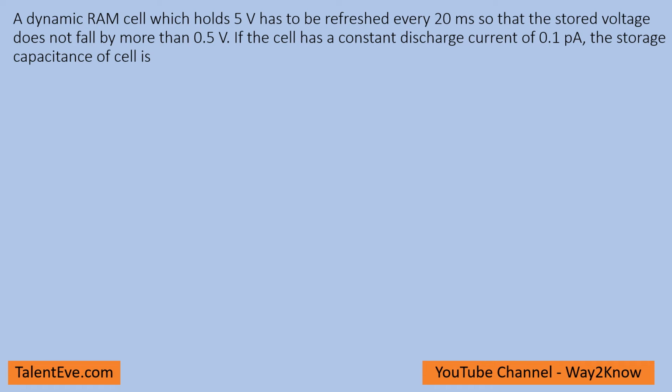Hello, let us see how to solve this particular problem. So basically a DRAM memory cell is provided which can hold up to 5 volts, and then it has to be refreshed every 20 milliseconds. So we know the dynamic